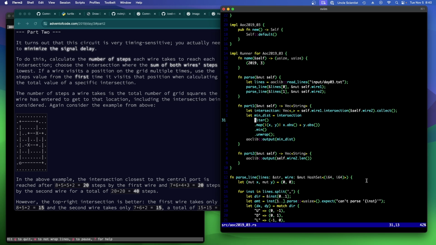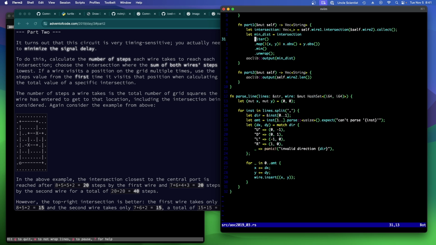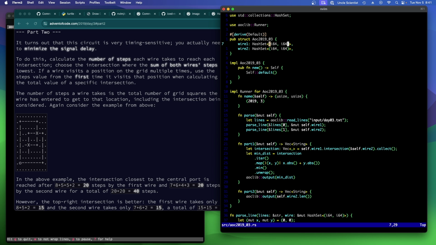So storing these as a hash set was great for part 1, not so great for part 2. What we could do is just store the number of steps along with the XY coordinate. And then just calculate that, right? Because we know the number of steps. Why don't we do that? So we just extend this to usize. So each position now has a number of steps. And if it already has, that's